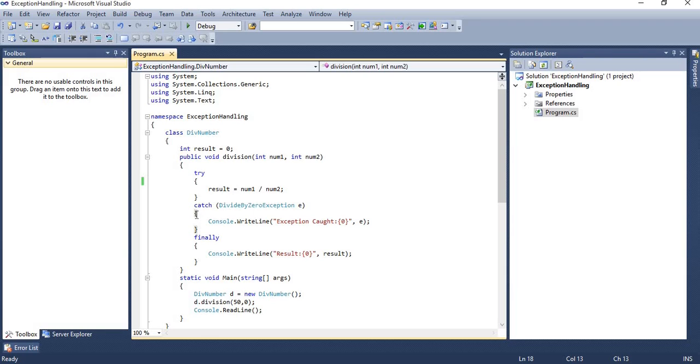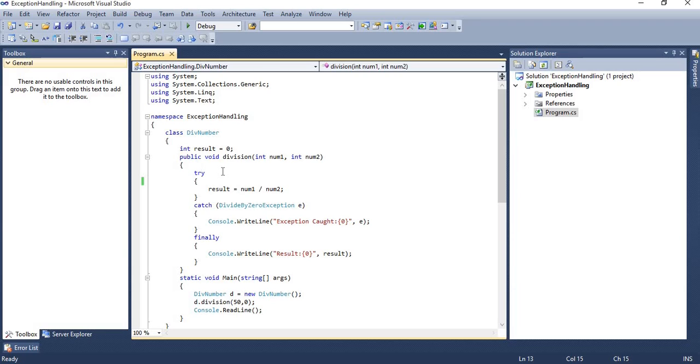Exception handling deals with a runtime error that arises because of some abnormal condition, such as divide by 0, as per our example, passing a string to a variable that holds an integer value, or an out of range exception. Such kinds of runtime errors we can manage or handle with the help of the exception handling concept, and this theory is also known as error handling, in which we have to understand three basic blocks or keywords: first is try, then catch, and third is finally.